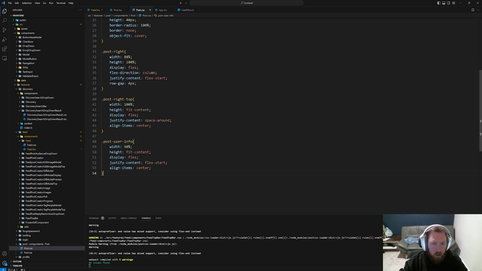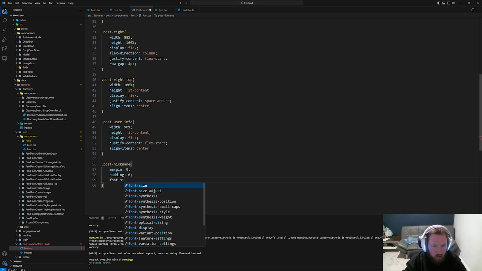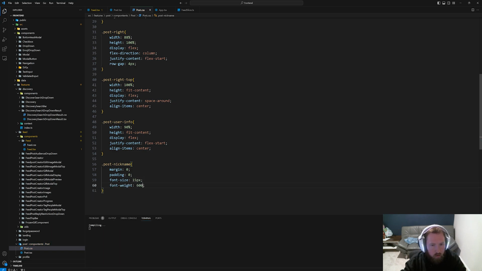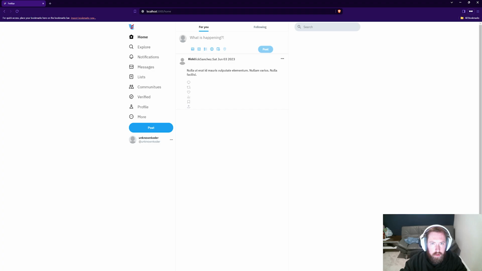So this is going to be dead simple. I'm just going to say post nickname. I'm going to get margin and padding down to 0. Margin 0, padding 0. And then font size should probably be like 15 or something. Yep, font size 15. And then font weight is pretty thick. I'm going to try 600, just see how it looks. So I'm going to go ahead and bring it up to 18. So that's fine. So now we are going to need space, and we need an